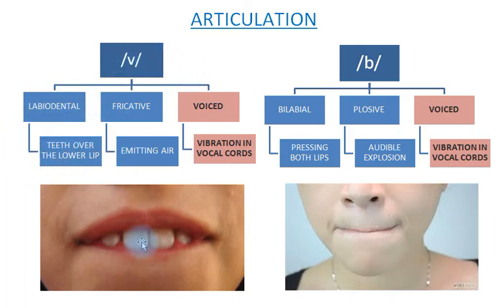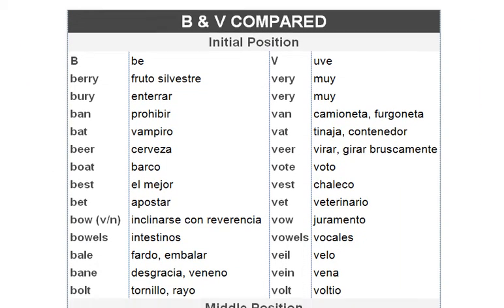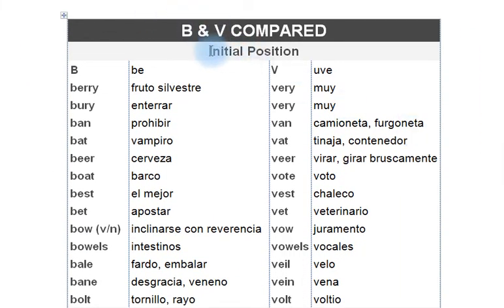The V is with the teeth over the lip, and the B is with both lips pressed. B, B, B, B, B, B, B. And the V, as we know, V, V, V. Very, very different. So practice this section as many times as you need, and we are moving forward to practice the B and the V compared. Initial position, B,